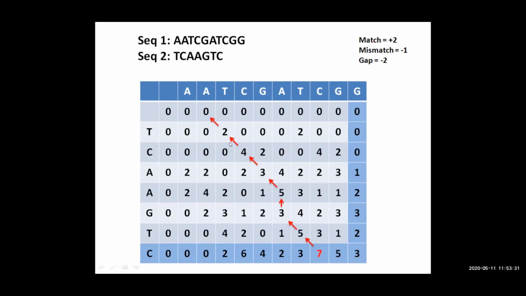Like that, we have backtracked up to the value in the first row. Okay, we have come up to the first row. Because this value we are not getting from this cell, we cannot backtrack further. This is the point up to which we can backtrack. Is it clear? So this is the part of obtaining the final value, that is 7. The final score value 7 is obtained by following this path. So this path is important for us, as we know.